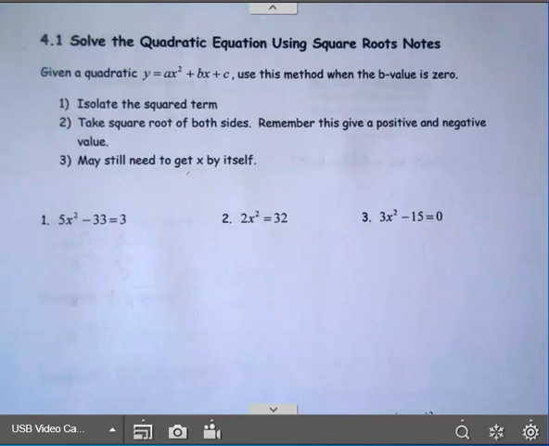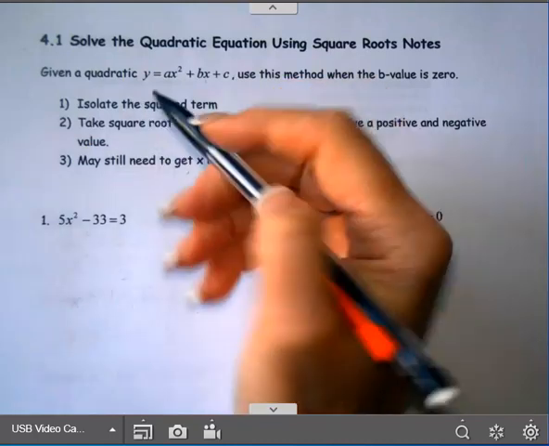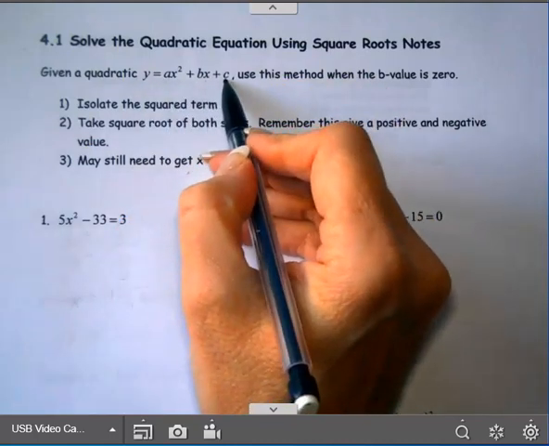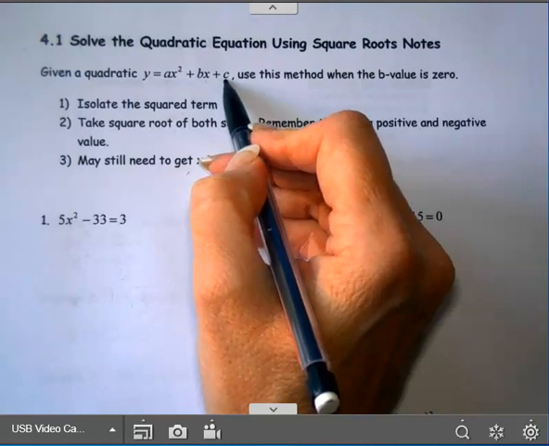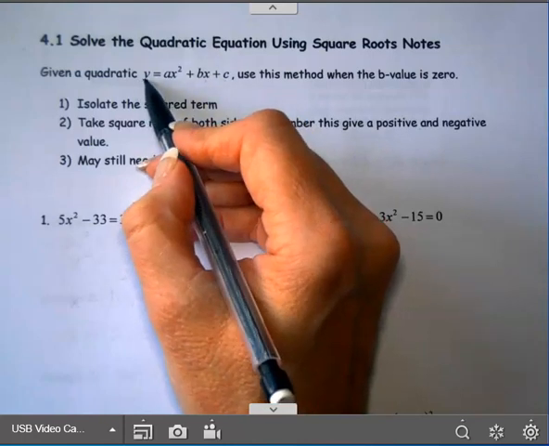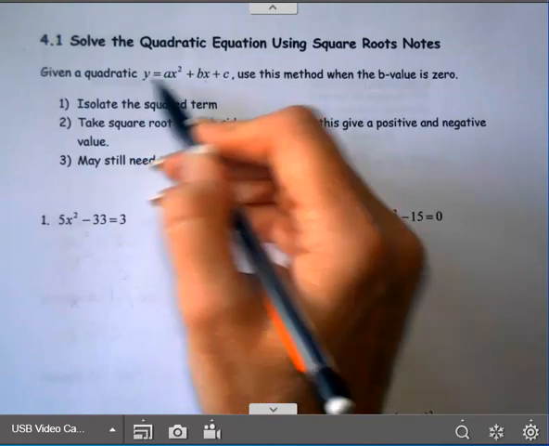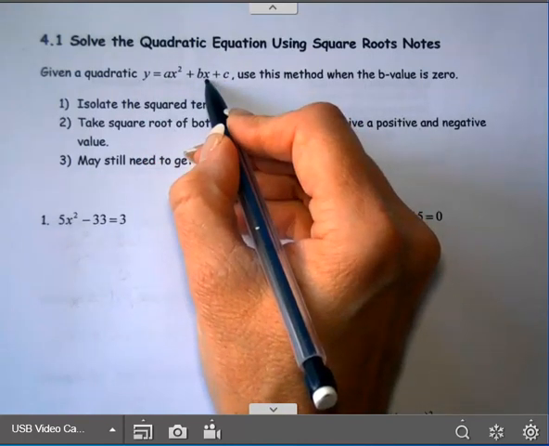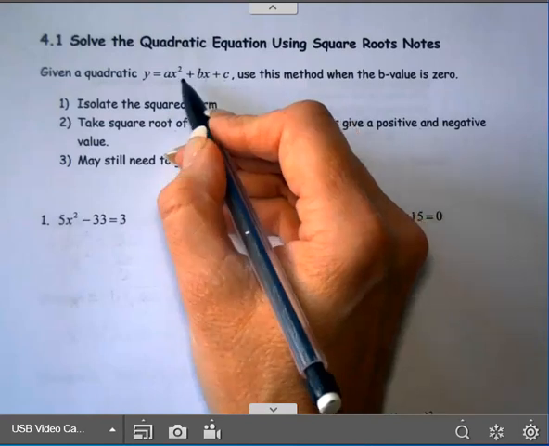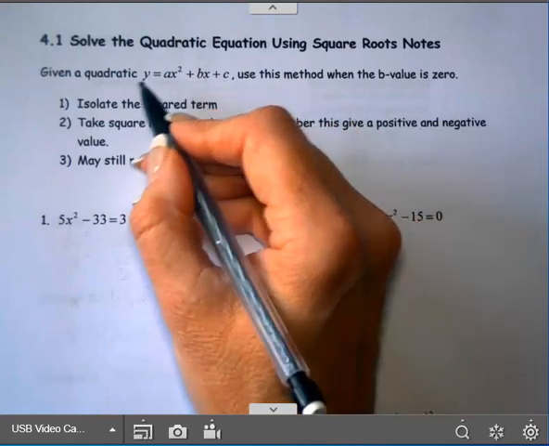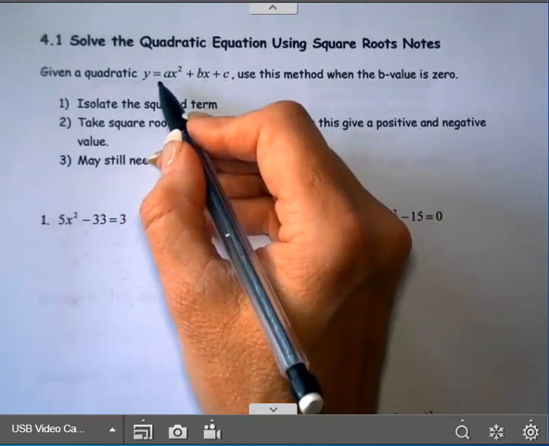One way to solve a quadratic equation is by using square roots. If you have a quadratic in the form y equals ax squared plus bx plus c, when you're solving a quadratic equation, you'll be setting the y value equal to 0. And if this middle term is 0, a nice way to solve this is by using square roots, because you'll have a squared value on one side, and then you can move that c to the other side